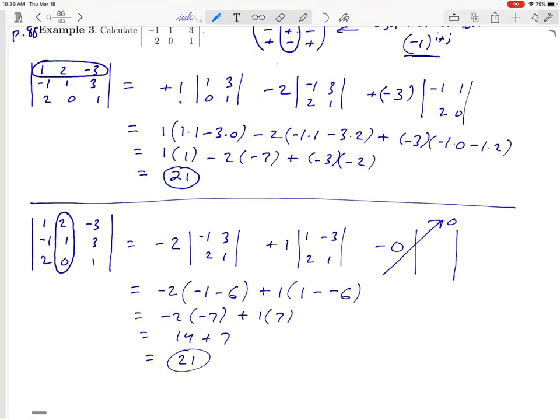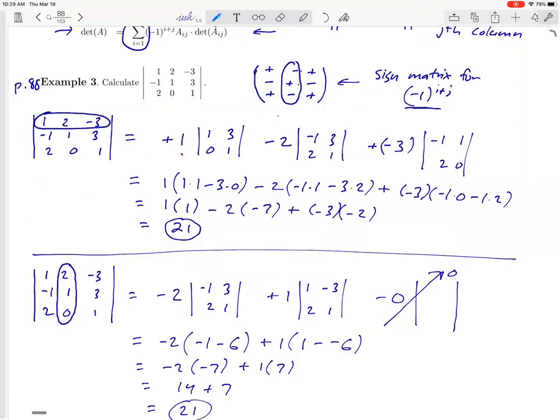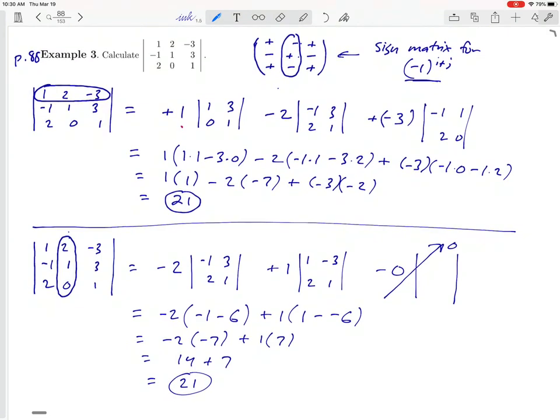Okay, so as you look back over this example, you might ask yourself, which was the better way to do this? Okay, expanding along the first row like we did up here, or expanding along the second column like we did here. Okay, I think you'll agree the second column is a better choice because of the fact that we had a 0. Decrease the number of calculations that we have to do. Okay, and when you calculate determinants on your own, you can keep